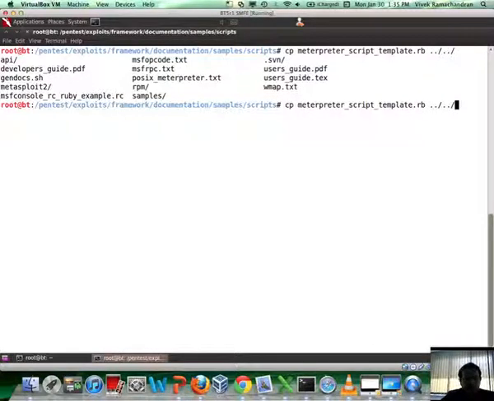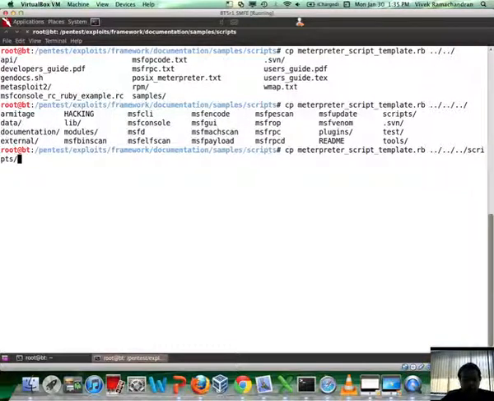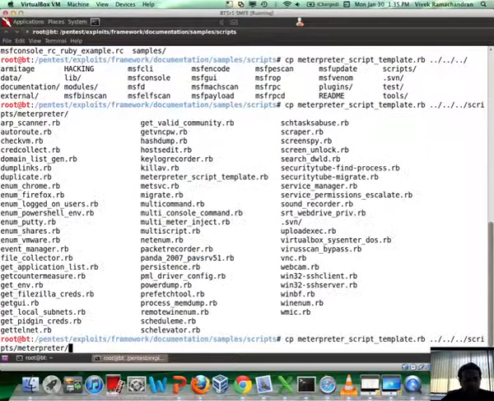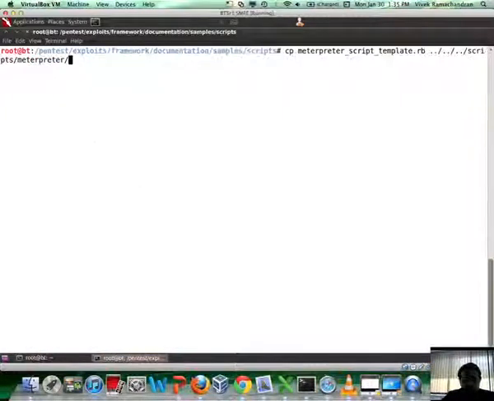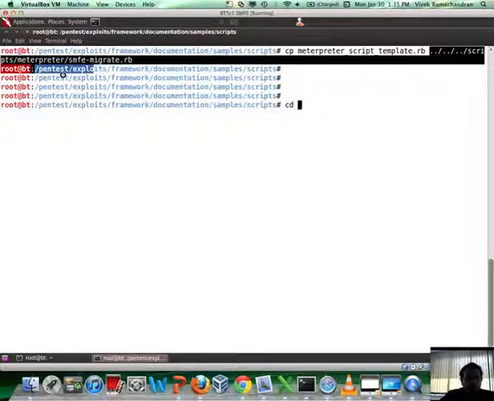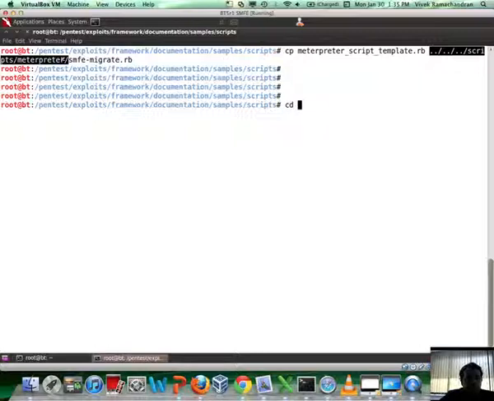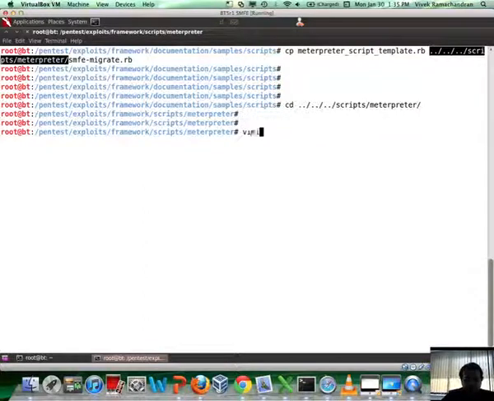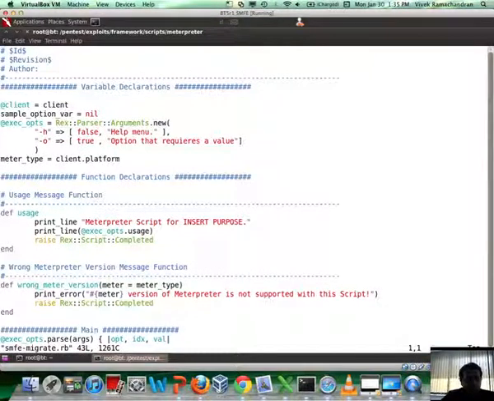So I'm in framework right now. Framework, inside that let's go to scripts, meterpreter, right? And this is where all your other Meterpreter scripts are. And let me call this smfe/migrate.rb. Okay, and let me go into that directory so that I can start editing the file a little bit more comfortably. So we have already located the function which is responsible.